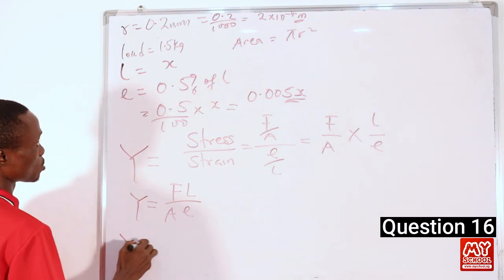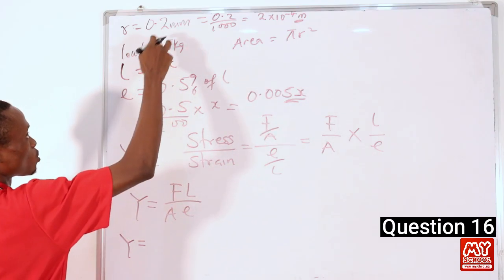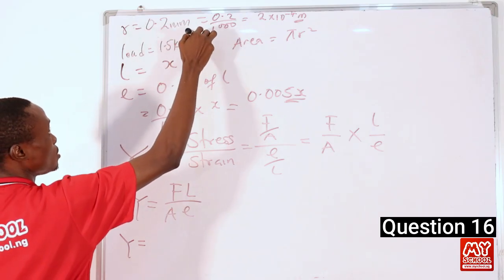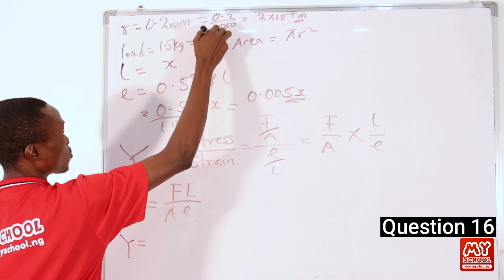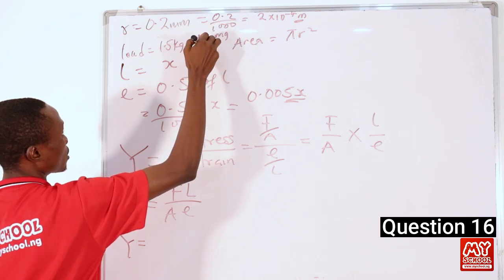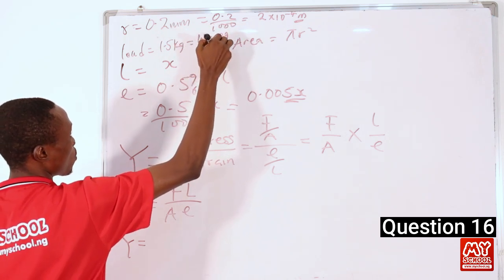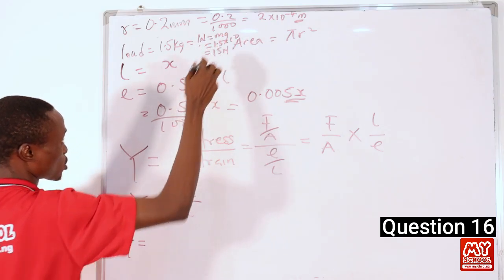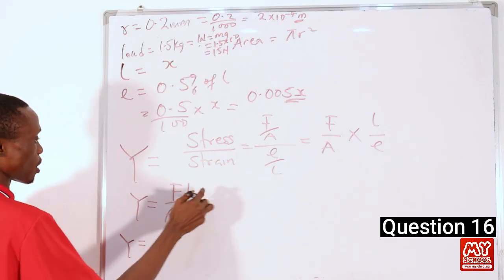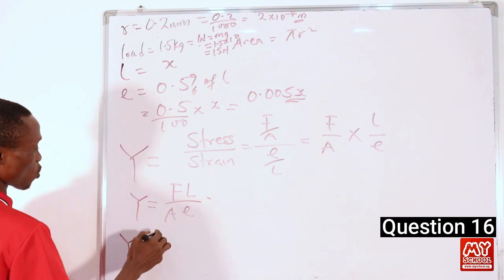So let's substitute. Now our force, we are given the load. To get our force, it is the same thing as weight here. So in that case, W is equal to mg. So the weight is equal to 1.5 times 10, so that will be 15 newtons. So our force is equal to 15 newtons. We'll put these values here. So this will be equal to